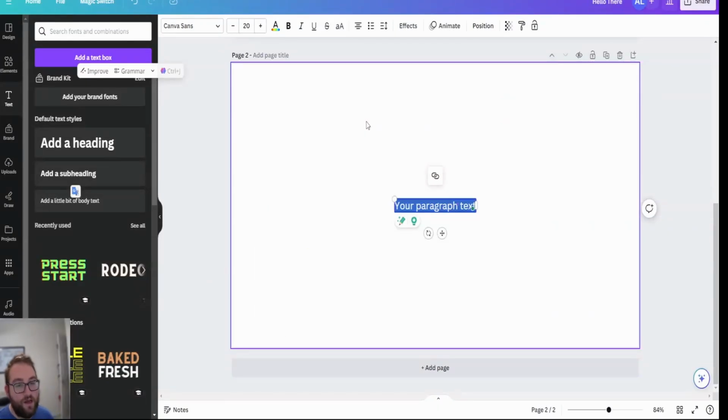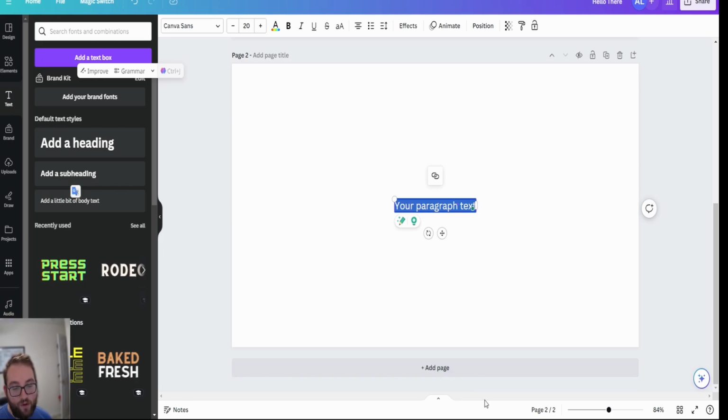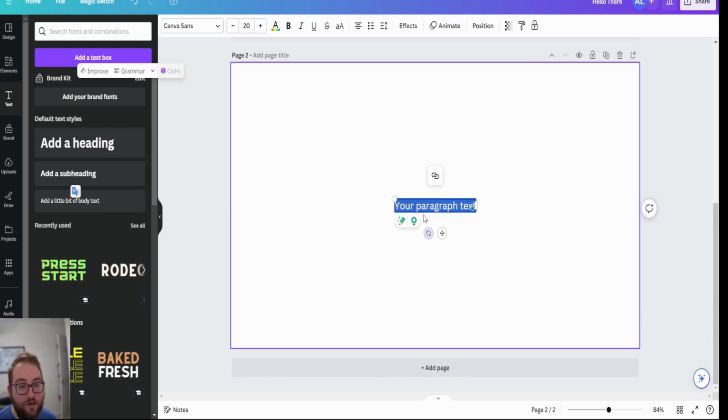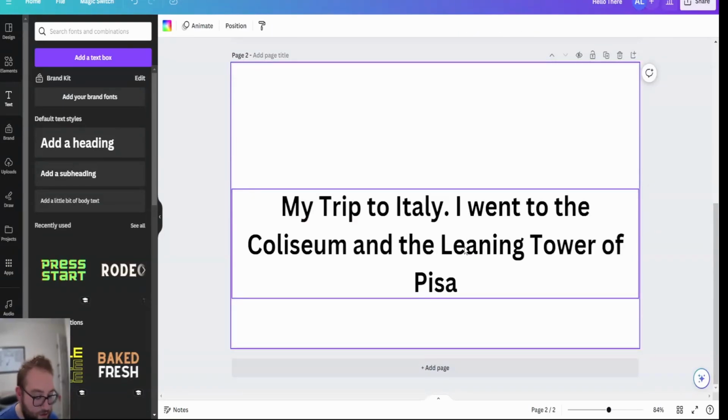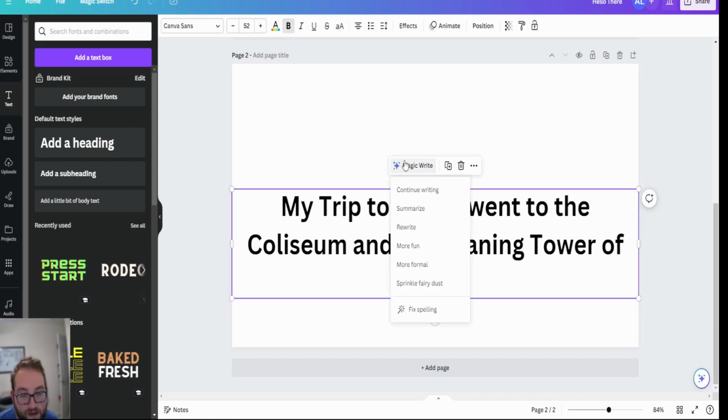Let's say I have an idea in my head, but I'm also not the best of writers. What AI can do and what Magic Write can do is come over here, and let's say I wanted to write about my trip to Italy, right? My trip to Italy. What AI can also do is change boring text into something very creative. So you can use this with people that are not as creative and come in here, click Magic Write, and